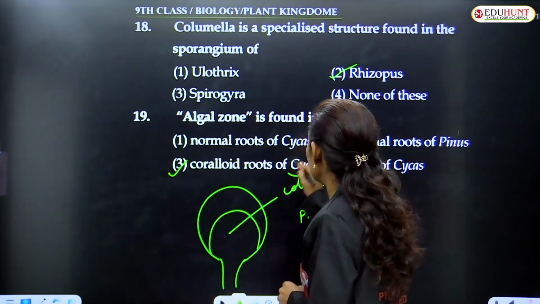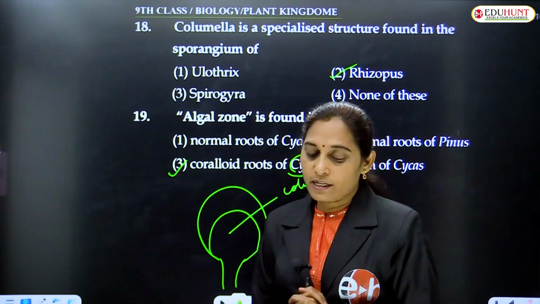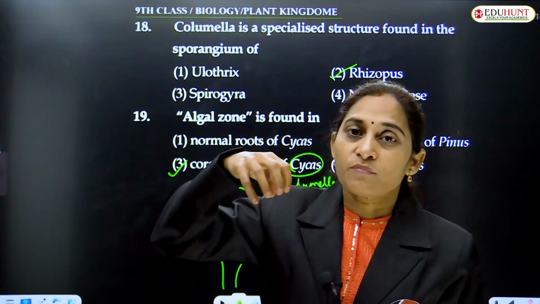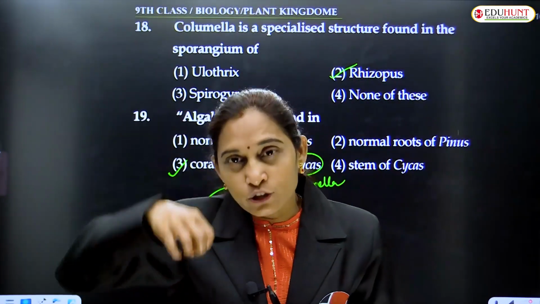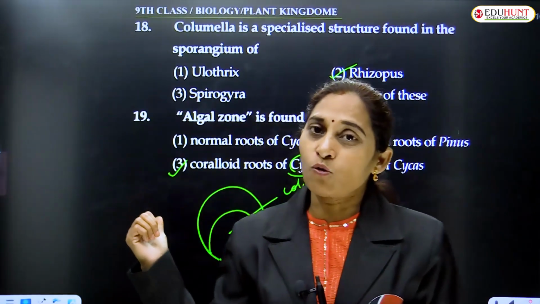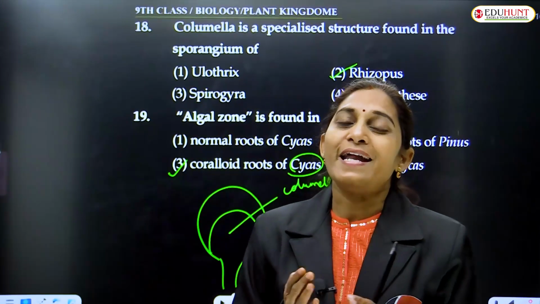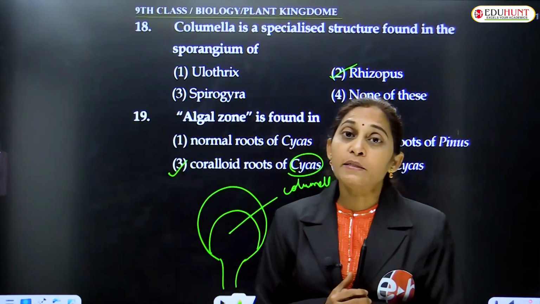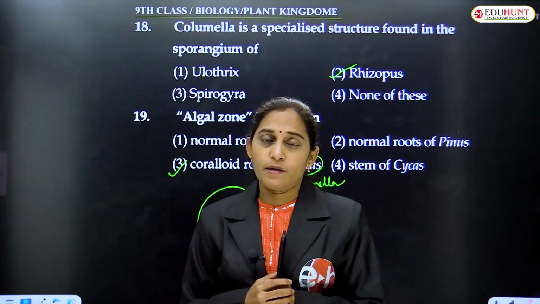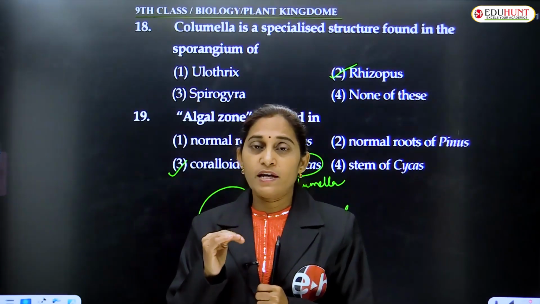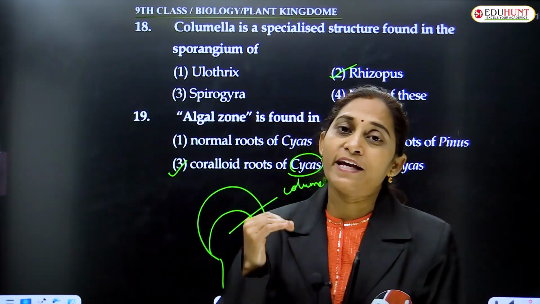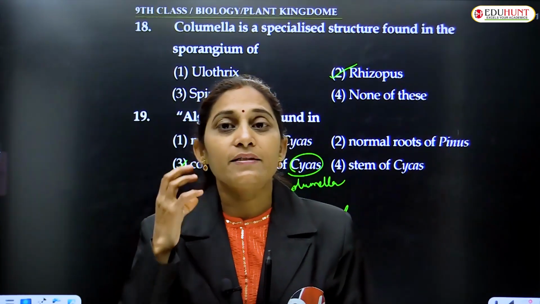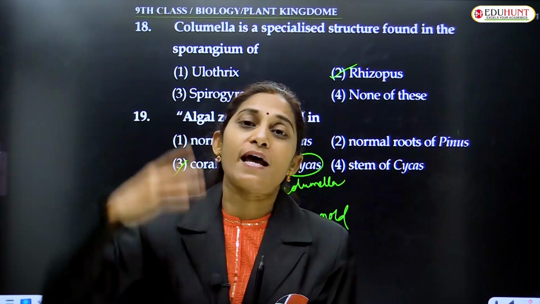Cycas is a gymnosperm. Normally, roots grow towards the gravity, that is they grow into the soil. But these roots, coralloid roots, are negatively geotropic. Actually the roots are positively geotropic and negatively phototropic, but the stems are positively phototropic and negatively geotropic. They grow away from the gravity and away from the ground, the stems, and they grow towards the sunlight because